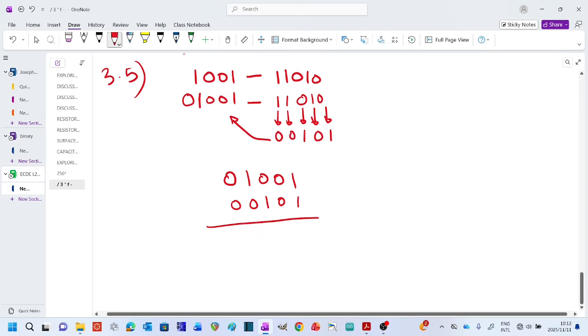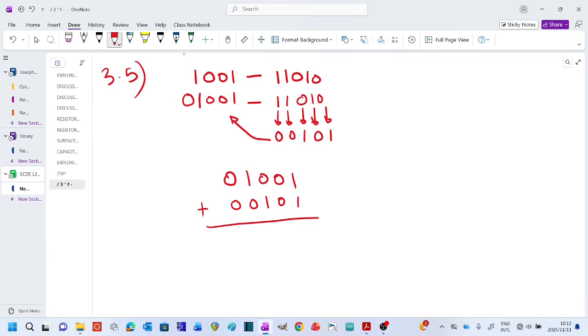That's what I do. You can see it was necessary for me to add the 0 there, because each digit is standing right on top of the other one. So it makes it so simple for me to solve my problem. Don't forget our rules, which are still valid. 0 plus 0 is 0, 0 plus 1 is 1, 1 plus 0 is 1, and then 1 plus 1